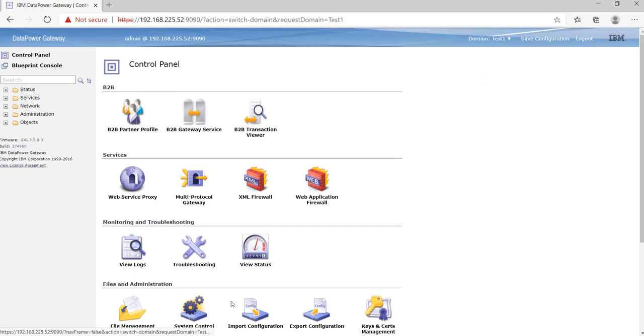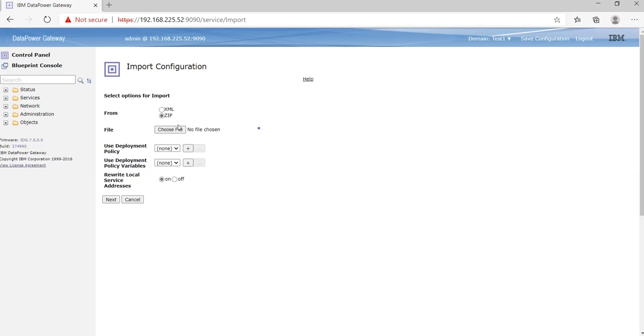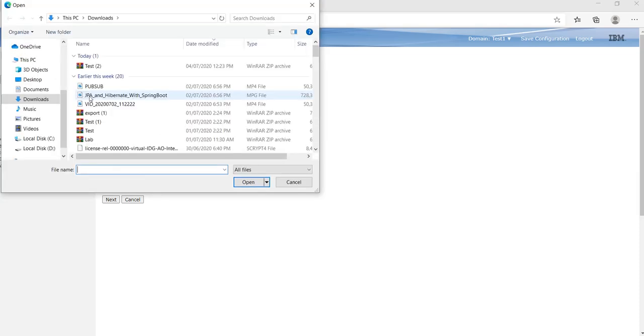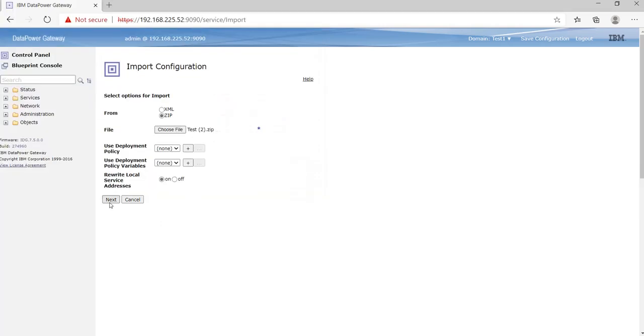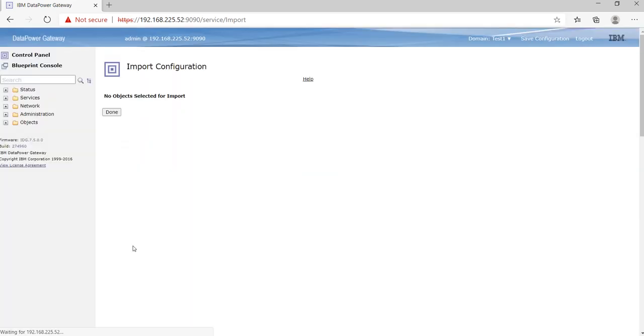As we exported the file, now we'll import that file into our appliance. Here we need to select the zip file, as the downloaded file extension was zip. So we'll choose that file. So this is the file, we'll select. Okay, import. Done.